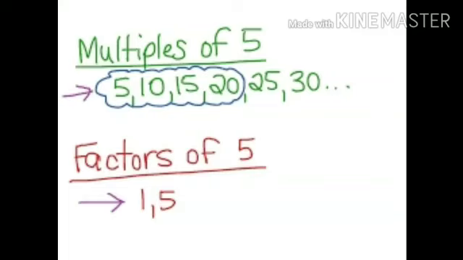And one more thing you can see, when we write the factors, they are always smaller than that number or equal to that number. Like we have 5, 1 is smaller and 5 is equal to 5. Or like we read the example of 6, the factors of 6 are 1, 2, 3 and 6. So 1, 2 and 3 are smaller than 6 and 6 is equal to 6. So always we can say factors are smaller than that number or equal to that number.